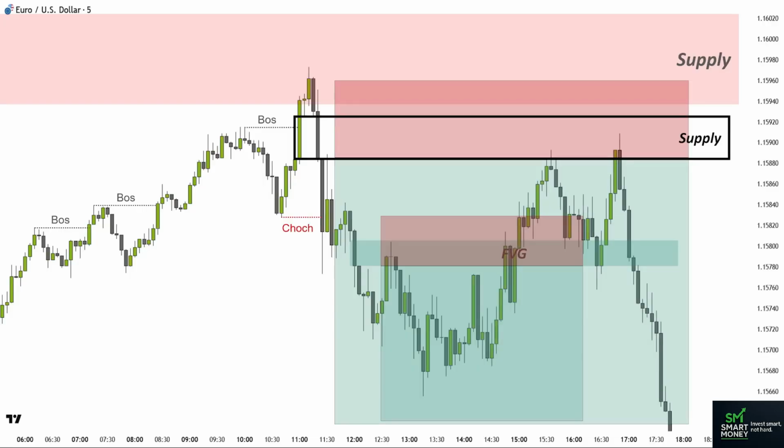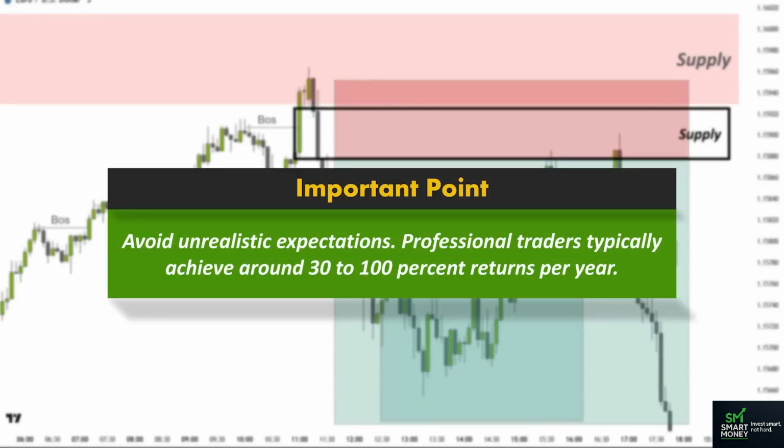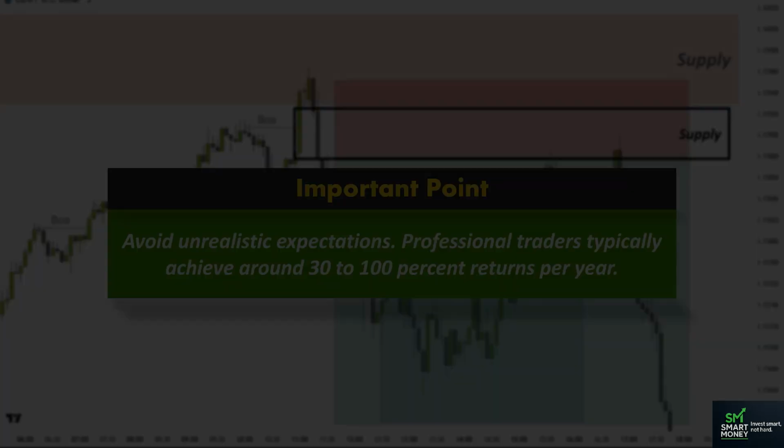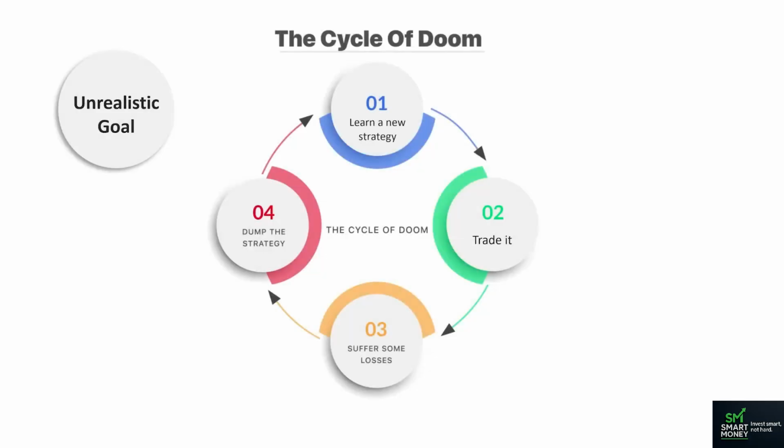Losses are a normal part of trading, and even professional traders experience them regularly. What matters is having an edge that grows your account over time. Also, avoid unrealistic expectations. Professional traders typically achieve around 30 to 100% returns per year. Chasing unrealistic profits often leads to a cycle where you keep switching strategies after losses. This cycle of doom happens because you are aiming for results that no